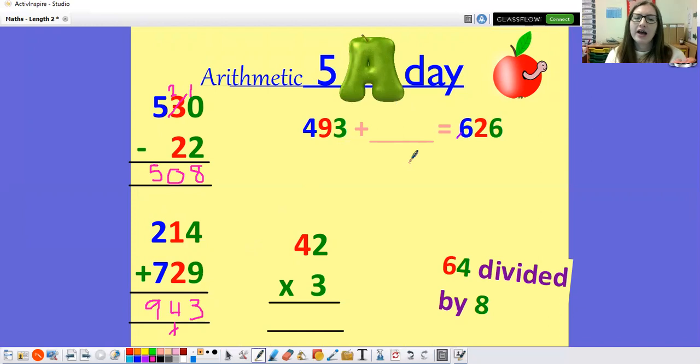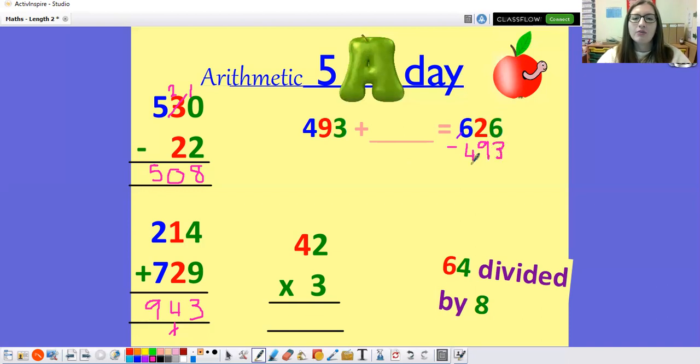So well done if you got those. Next one, I wonder what method we could have used to help us work out the missing gap of 493 add something is 626. You did good if you said it was inverse. And when we're doing inverse, we're doing the opposite of adding. So what's the opposite of adding? Yeah, it's subtracting. And what numbers am I going to subtract? Am I going to do 493 take away 626? No, because remember the biggest number comes first when we're taking away. So we're going to do 626 take away